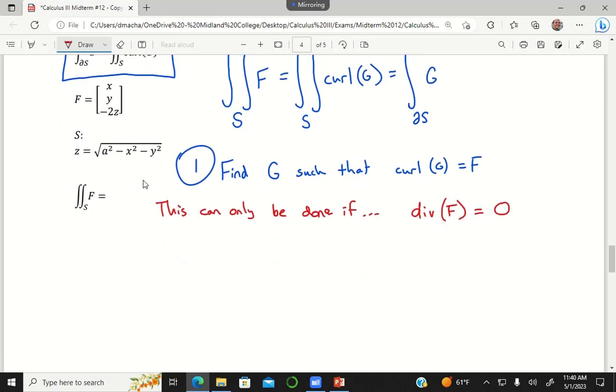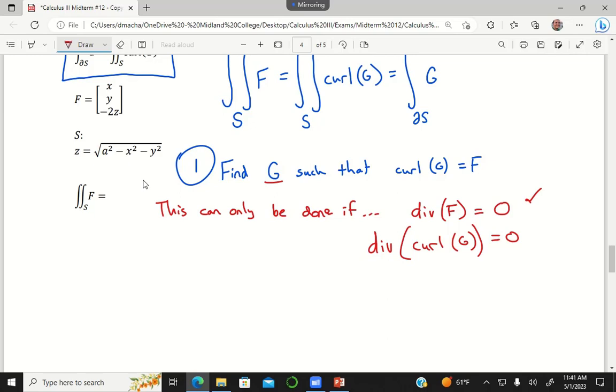Because if the divergence of f is 0, that would mean the divergence of the curl of G is 0. And we said that that was true for every vector field with continuous second partial derivatives. Okay? And so this vector field f has continuous partial derivatives, and so the vector field G must have continuous second partial derivatives, so this has to be true. And so we can only find this kind of vector field if the divergence of f is 0. We just showed on the previous page that the divergence of f was 0, and so we're actually good to